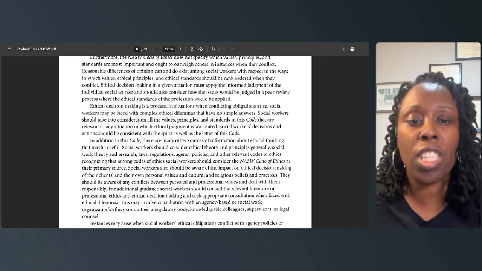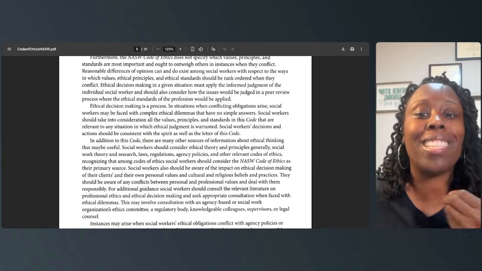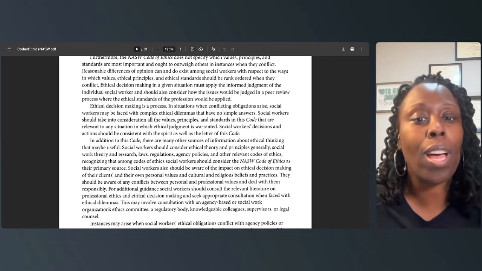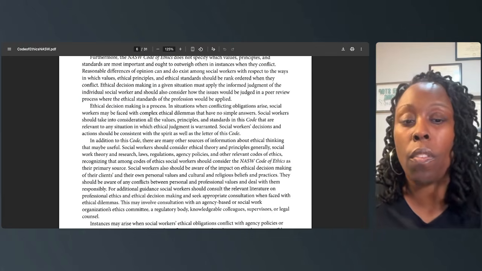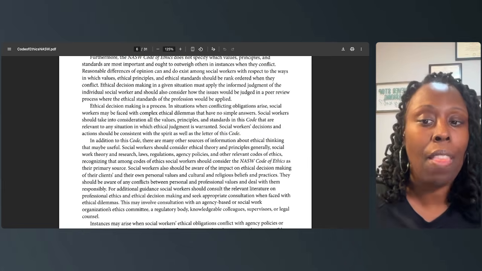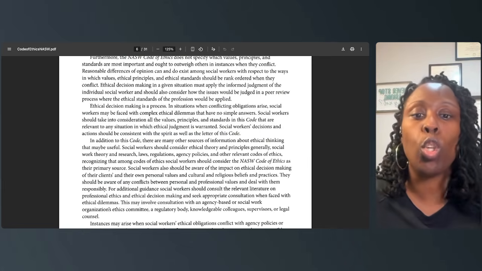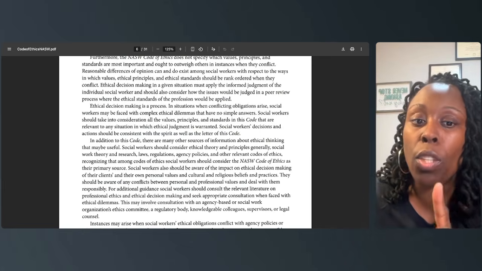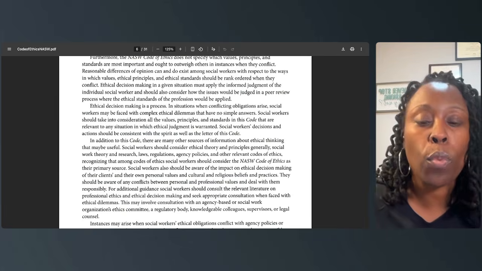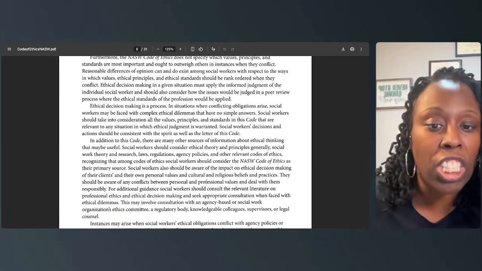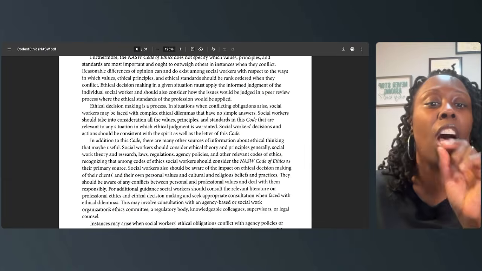Social workers' decisions and actions should be consistent with the spirit as well as with the letter of this code. In addition to this code, there are many other sources of information about ethical thinking that may be useful. Social workers should consider ethical theory in general and principles generally, social work theory and research, laws, regulations, agency policies, and other relevant codes